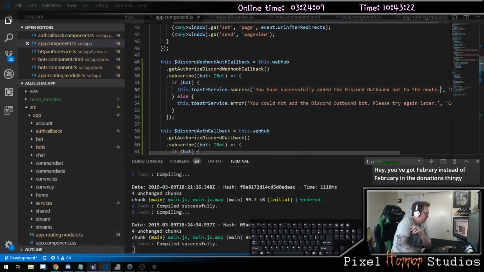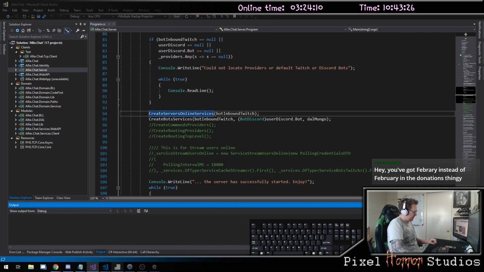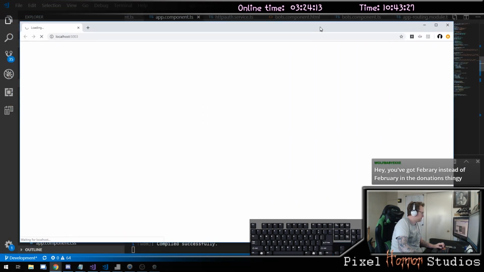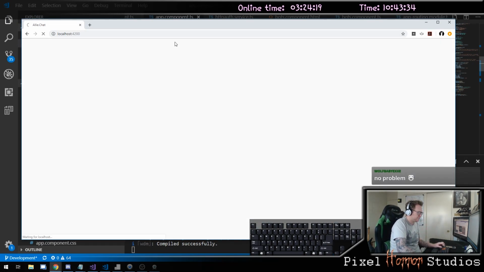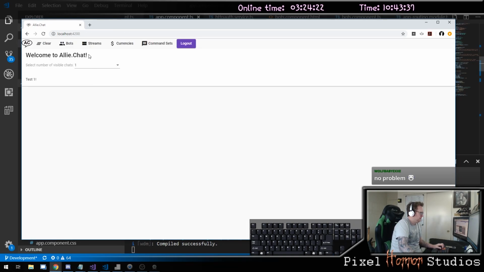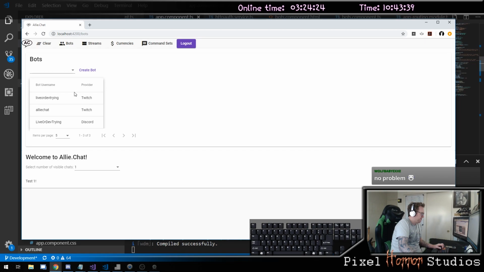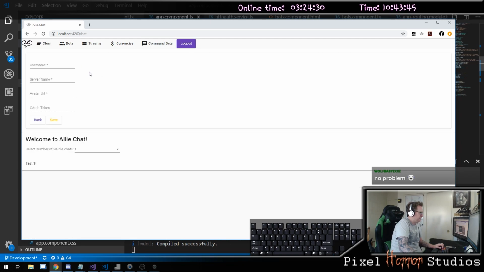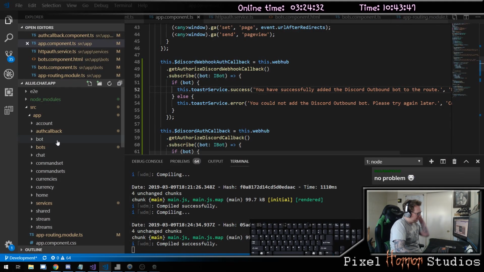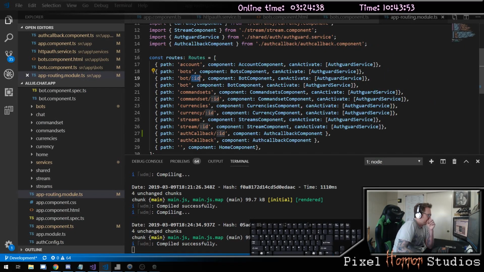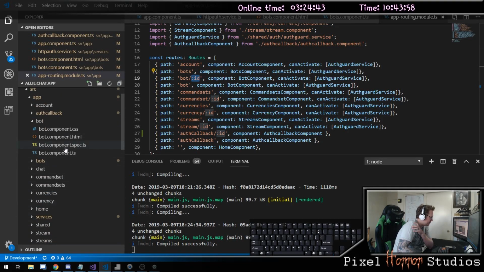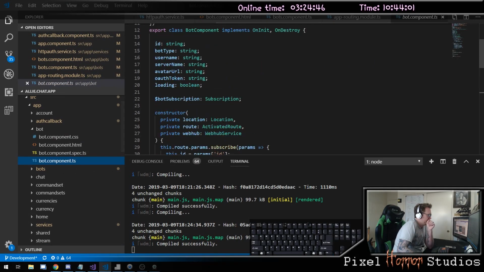So let's go ahead and run it and take a look at what we're dealing with here on the front side. So what I'm going to do is look at my bots page, and these are my third-party provider bots. And if I wanted to add a new one, let's say we wanted to add a TCP bot, then what I want to do is change my routing here so that a bot can pass in an ID. And then I also want to go to the bot page, and I want to say